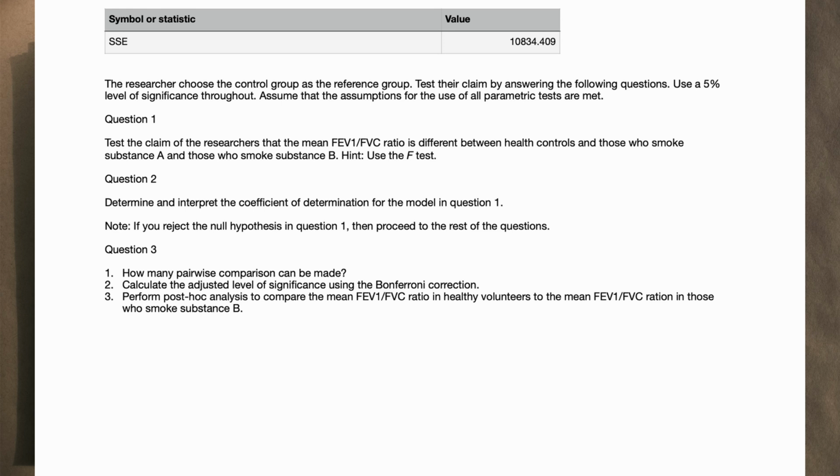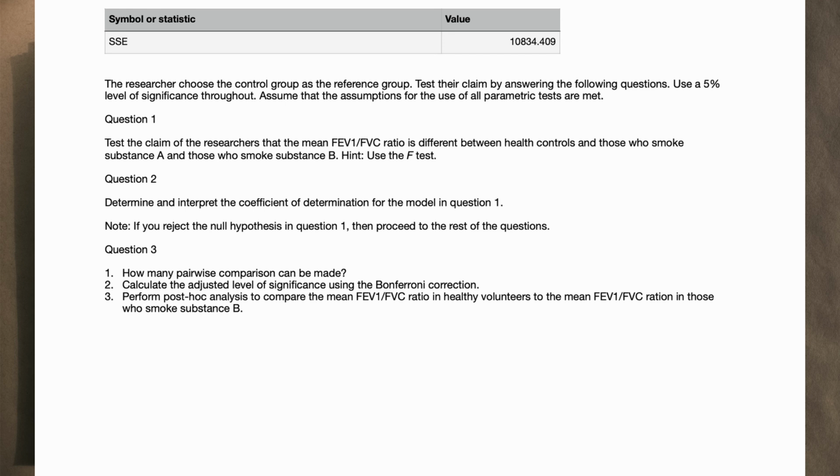So test their claim, and their claim would be that there's a difference in this ratio amongst these three groups, but by looking at the following questions. Use a 5% level of significance throughout and assume that the assumptions for the use of parametric tests are met throughout. So in question number 1, test the claim of the researchers that the mean FEV1 FVC ratio is different